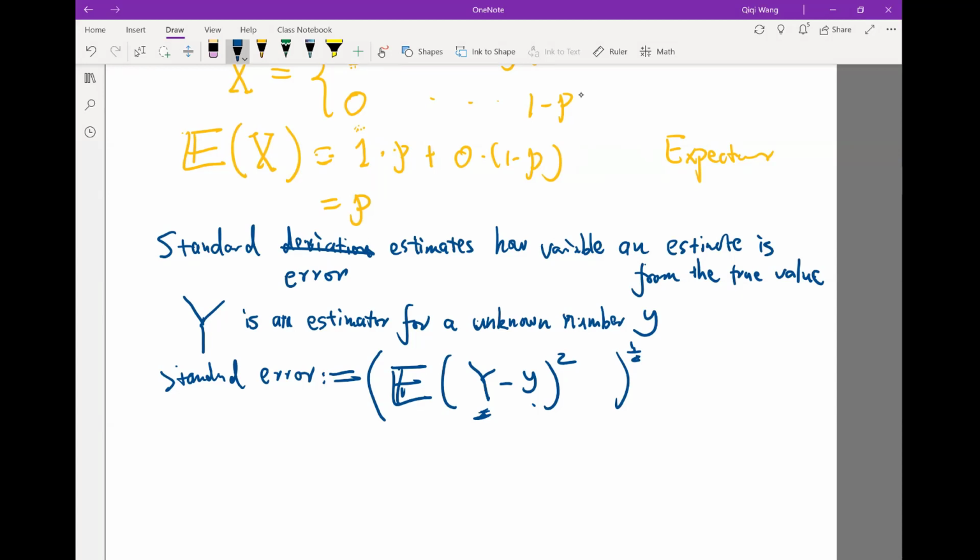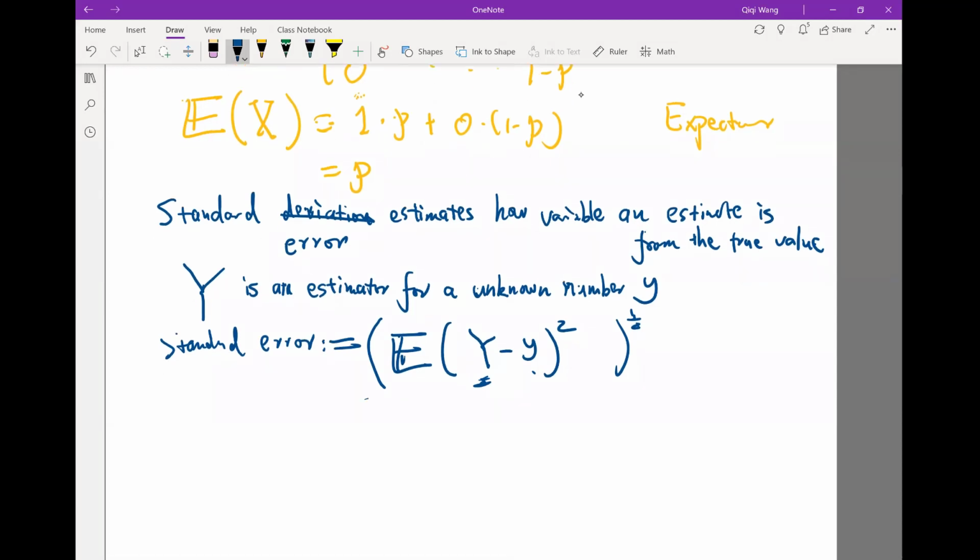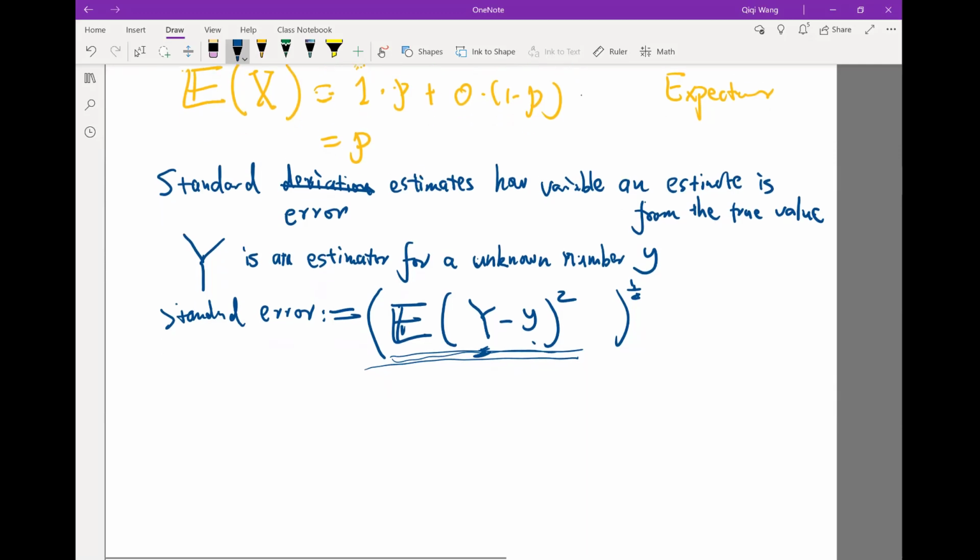Because the estimator is probabilistic, we want to measure with an expectation the average variation, and the average variation is in the square sense. We are looking at the average squared difference between the true value and the estimator, and to take that to the same unit as the estimator, as the true number itself, we take a square root. So that's what we mean by